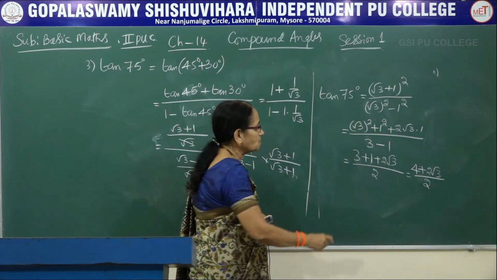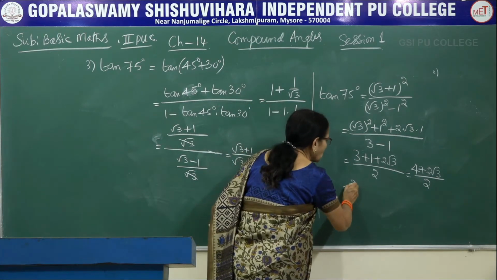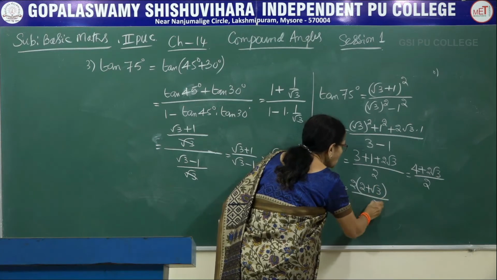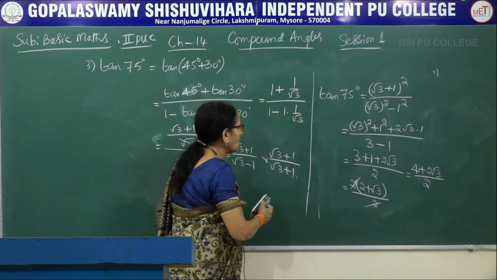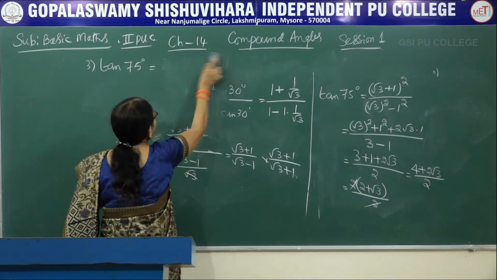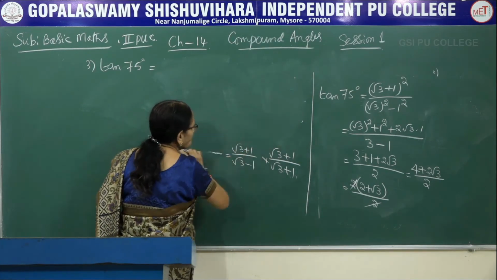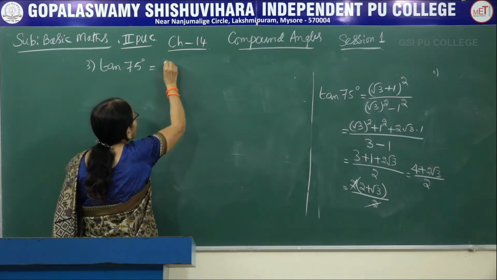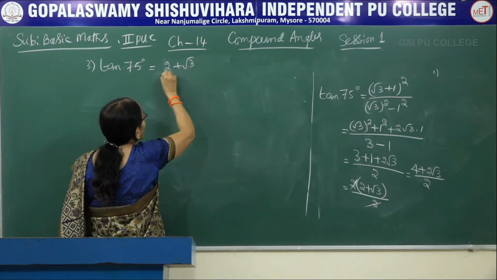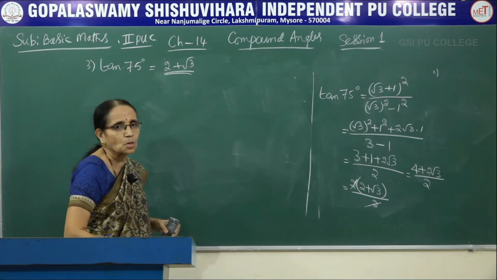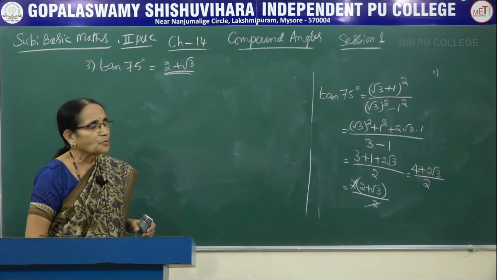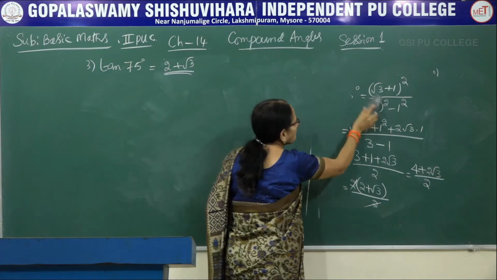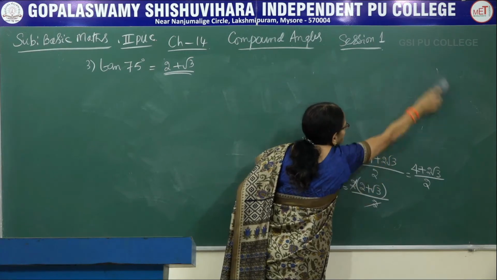Clearly you see that there is a common factor from the numerator terms, 2 into 2 plus root 3 divided by 2. So 2 and 2 they are cancelled. So what is remaining now? We are having two terms remaining. One is plus 2, the other is plus root 3. Therefore, you can write tan of 75 degrees equal to 2 plus square root of 3. So all these expansions, if at all it is asked, it can be expected for a 2-mark question.